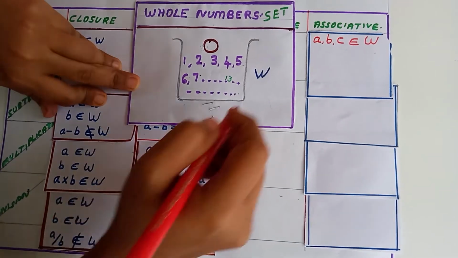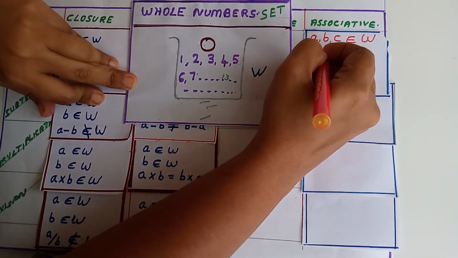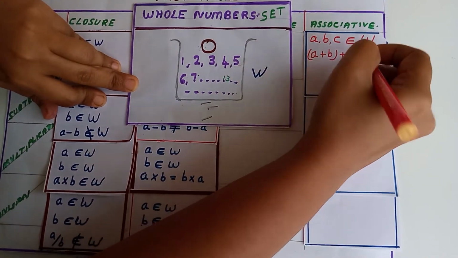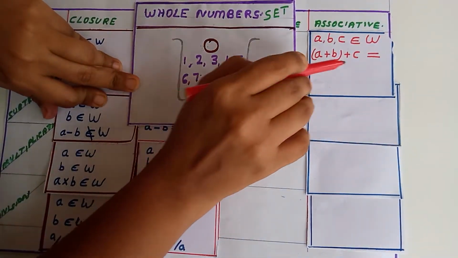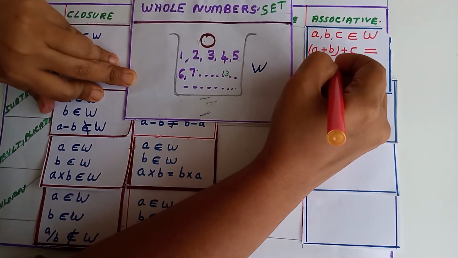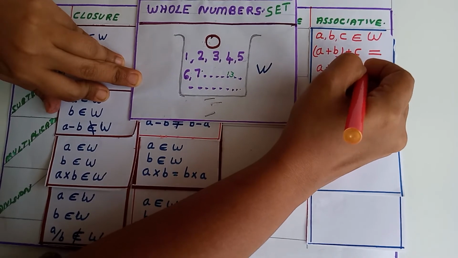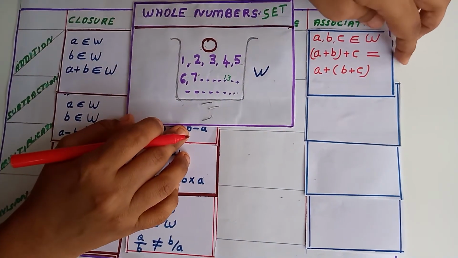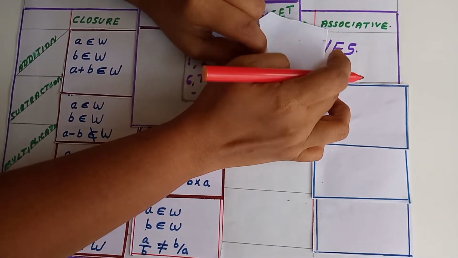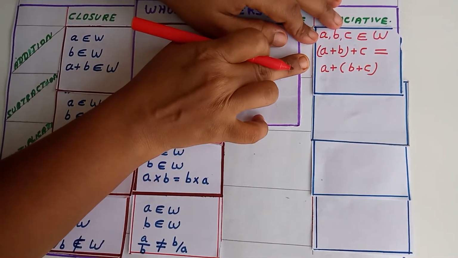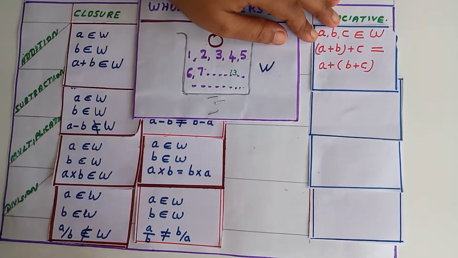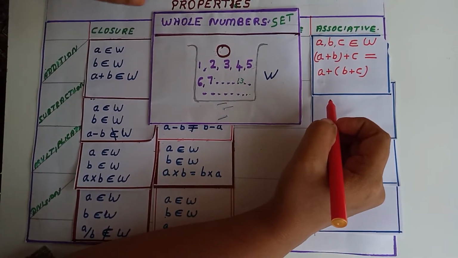It says like this: A plus B plus C. I am not sure, I am just writing it as equal to A plus B plus C. Seeing the other side, we got the answer as yes. Definitely I can say that these two are equal. A plus B plus C equals A plus B plus C. We are going to do the associative.